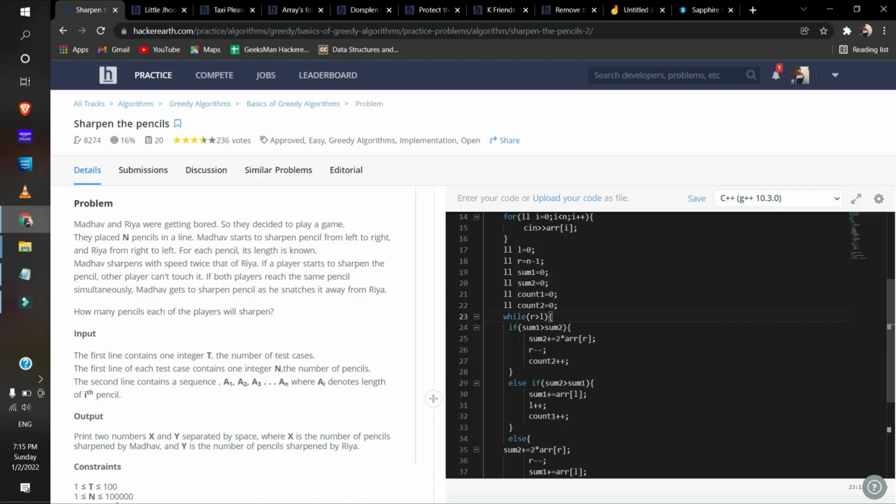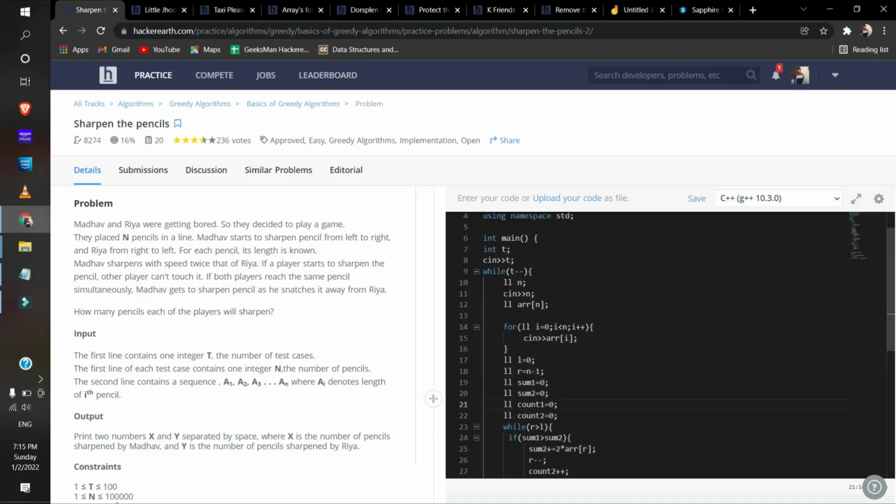So that is a problem, because if the speed was the same, we'd just start one from the left, one from the right, and add it. But what we can do here is increase the size of the pencil for the person who has the lower speed. So we can assume the speed of both persons is the same, and we give the person with less speed twice the size, and decrease the speed of the other one. I hope you can understand it.